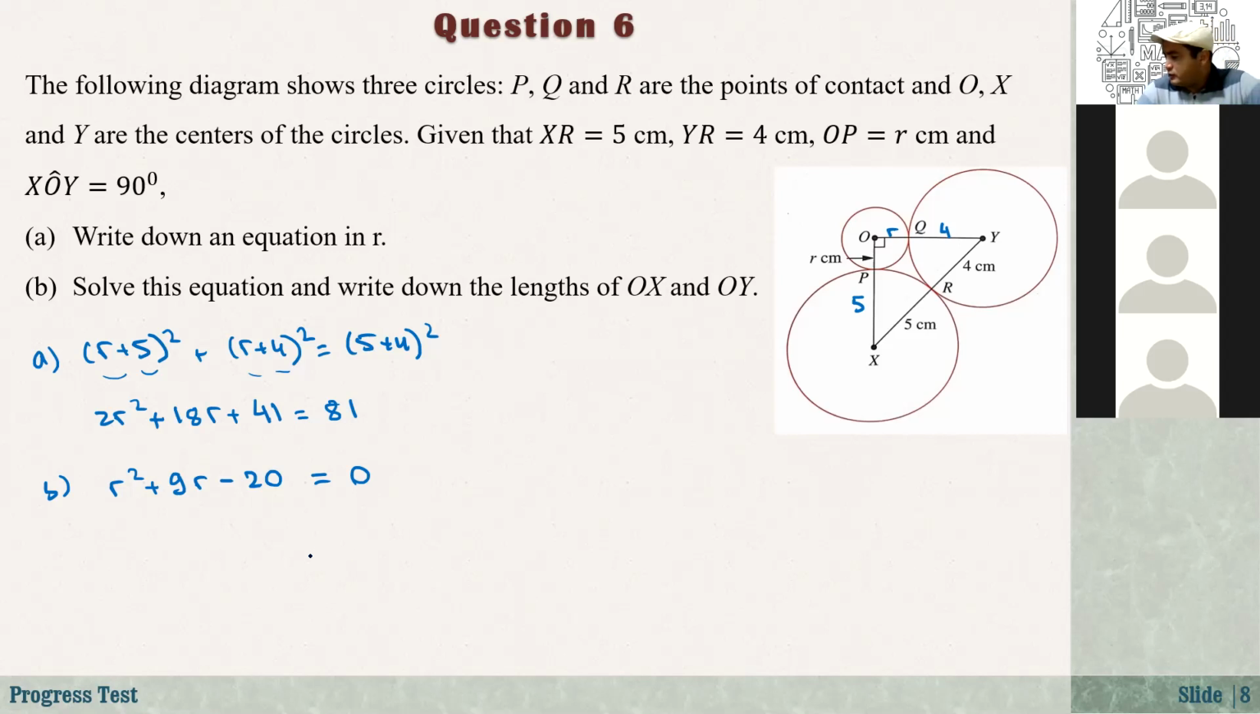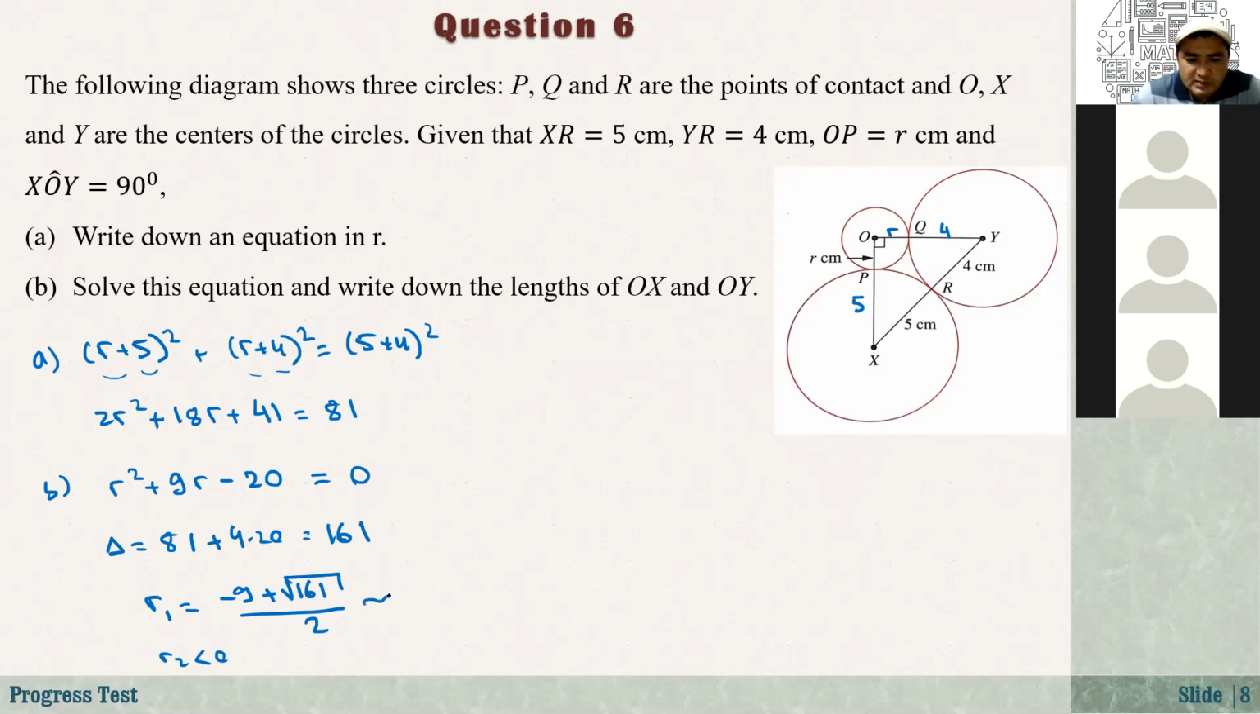If we can't factorize, the only way is we need to use the formula, right? Delta is equal to 81 plus 4 times 20, that's equal to 161. So r1 is equal to minus 9 plus square root of 161 over 2. And the second one will be negative, so we can just reject it. We don't have to take this. What is this? This is approximately